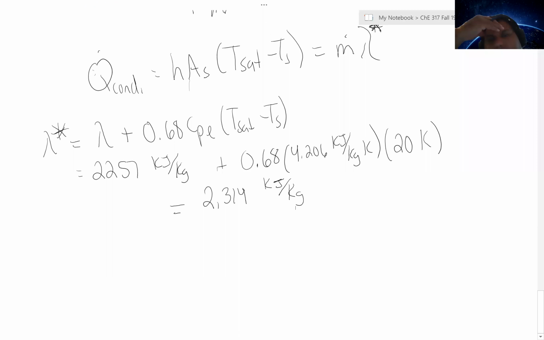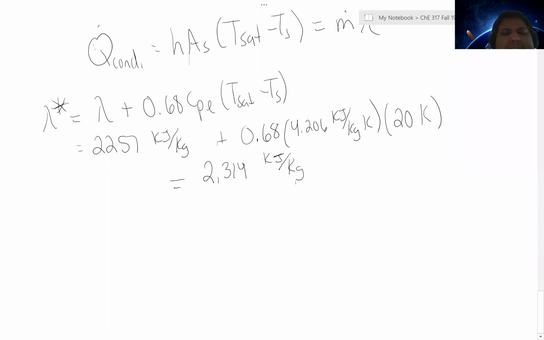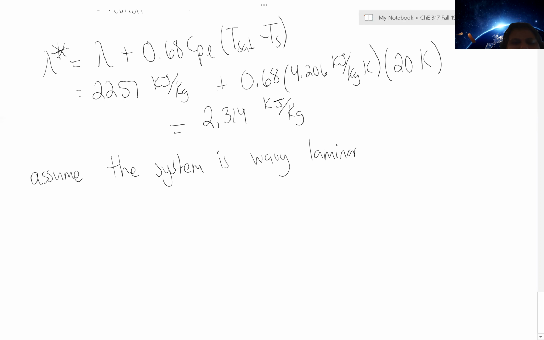So, as we don't know what the Reynolds number is, we really can't find our heat transfer coefficient, because as we found with our adventures in alphabet soup land, h is strongly going to be dependent on that Reynolds number in that flow regime. So we kind of have to make an assumption and an educated guess as to what the Reynolds number would be. I'm going to start and assume the system is wavy laminar, and calculate the Reynolds number